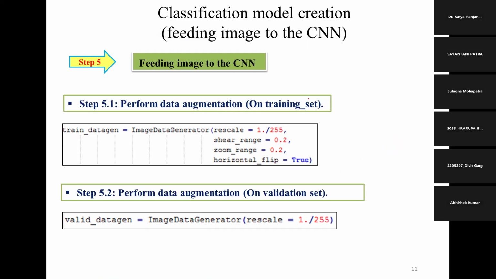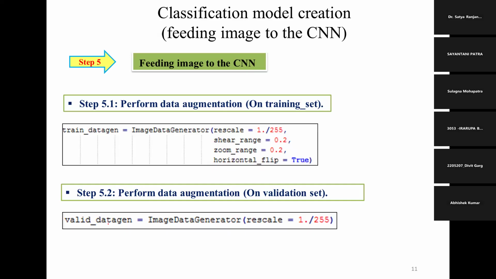So for that, if you want to go for data augmentation, like I have already discussed why we need data augmentation, we need it for three purposes. The first thing is if our data size is very small, the second is if we want to add some variation among the data, and the third is to overcome overfitting. So if you want to use augmentation, then this one is your training data. You'd add some kind of rescaling, shearing, zooming, horizontal flipping. It's up to you. Then you will also do something for the validation data.